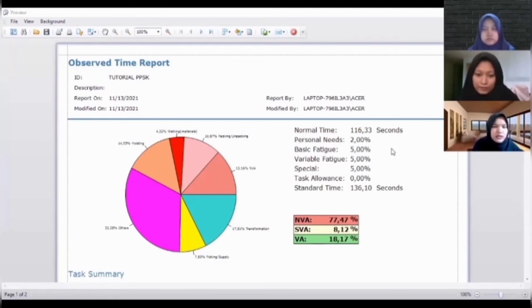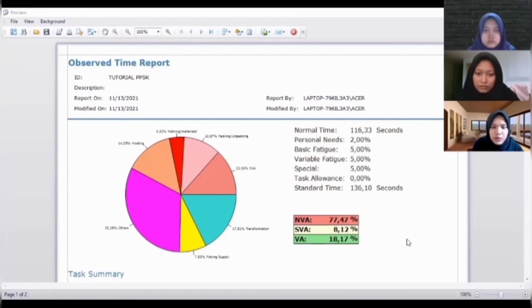The output is in the form of normal time. Normal time is obtained by multiplying the observer time by the rating value that we looked for previously,